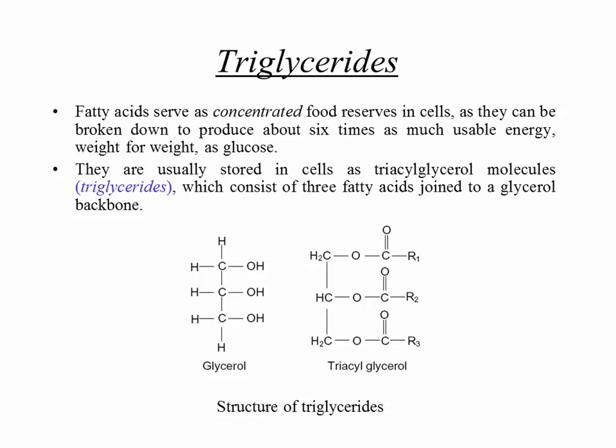R1. The carboxyl group is the same for all the fatty acids: C double bonded with O, then OH. It's the hydrocarbon portion that is different. So in the first case, R1 is the group for the hydrocarbon. Second one, R2 is the group. Third one, R3 is the group. So you have 3 fatty acids that got attached to a glycerol molecule, and this has produced what is called triacylglycerol,